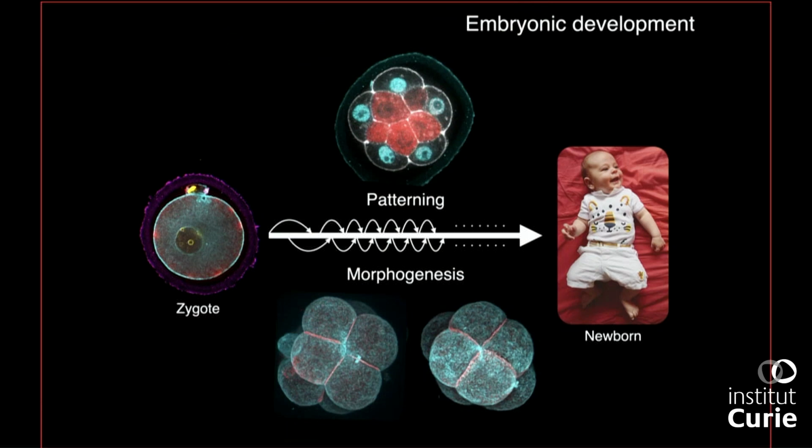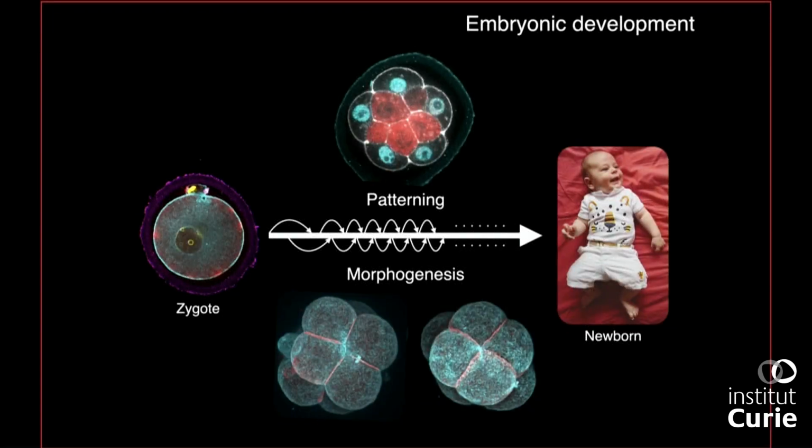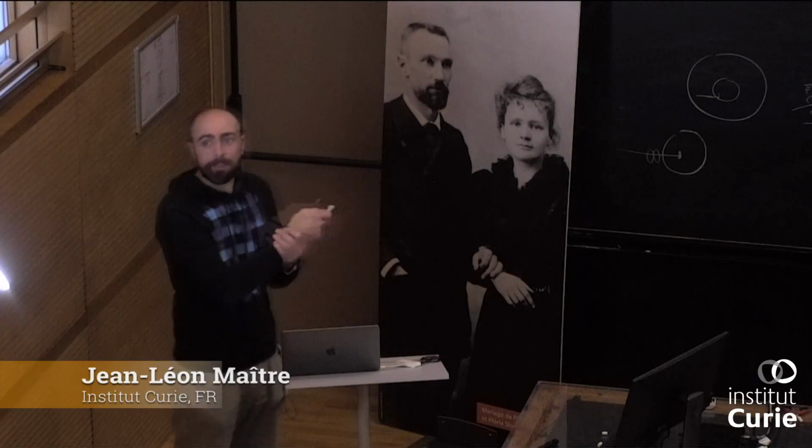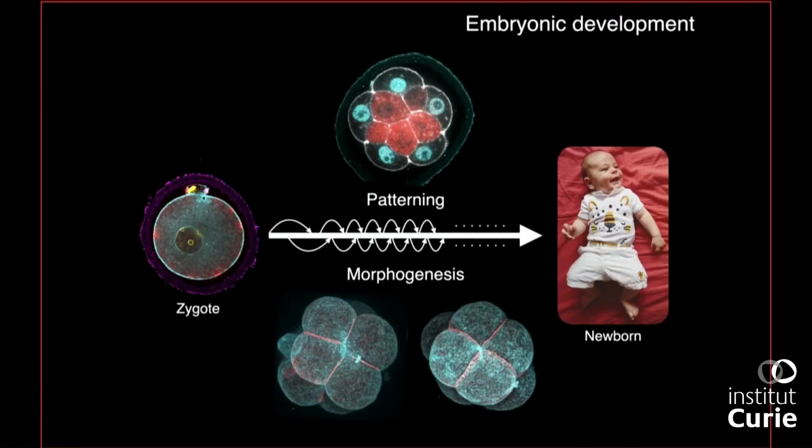So we're interested in development, and many of you are maybe very familiar with embryonic development. Development is how you go from basically the zygote, which you can see on the left, a cell with relatively low complexity, to something way more complex, with many, many cells. Those cells are in a specific location, have a specific shape, and also a specific function, right? The liver cells are within the liver, not within the heart.